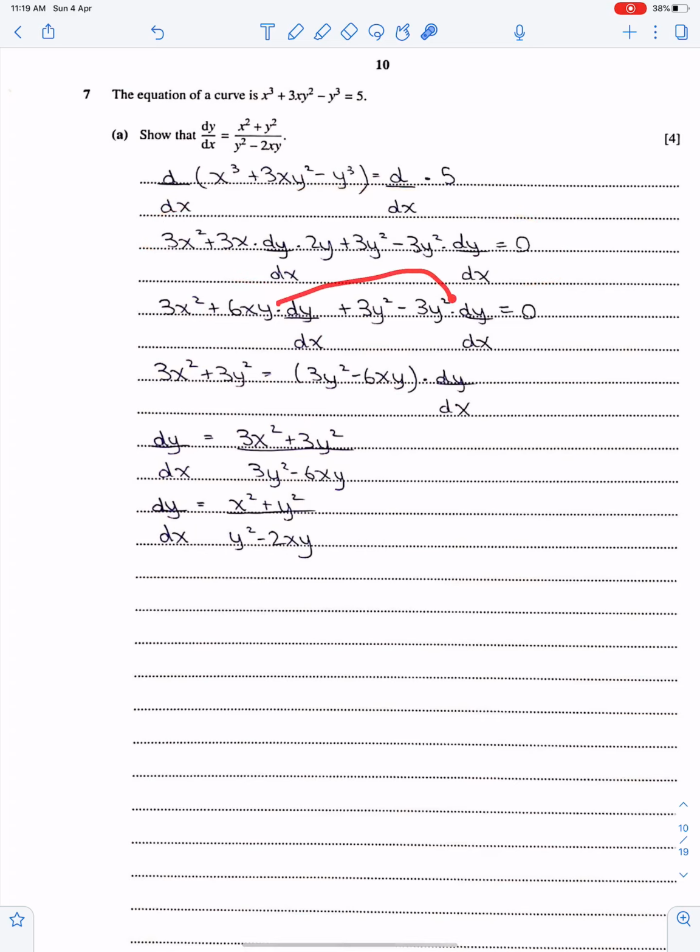Now make dy upon dx subject from this equation. Take dy upon dx common from these two. Shift and bring this dy upon dx thing on right hand side, and then divide this on left hand side. Take the common 3 from both numerator and denominator and get this answer. These two steps are very important, first and second. Multiply d upon dx on both sides and differentiate this according to uv formula, and this is like implicit function way 3y squared dy upon dx. And this uv is very important as well.